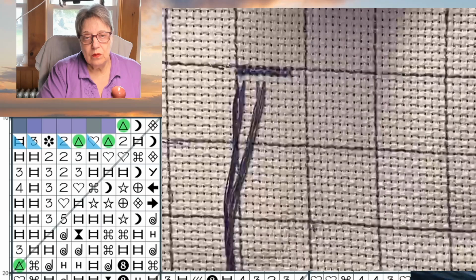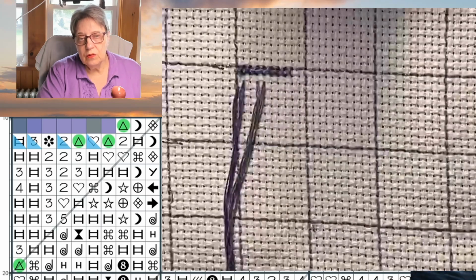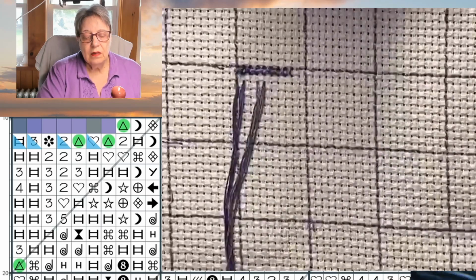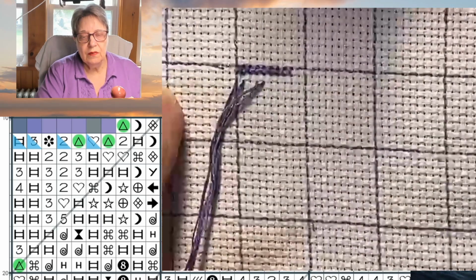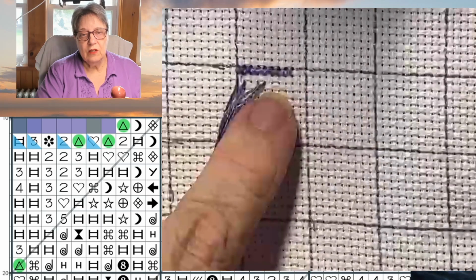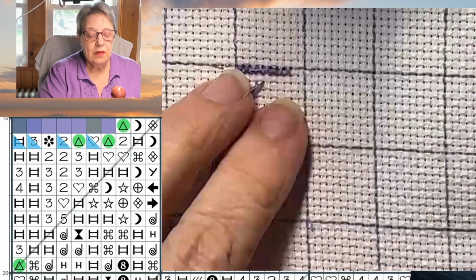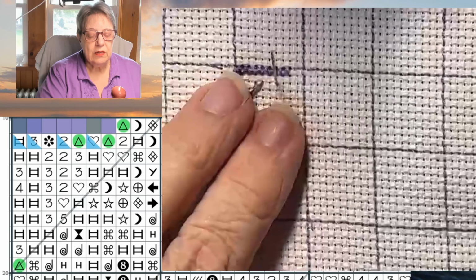So I kind of like to zigzag. If I go this way on this row, the next row I go this way. So I like to go to the closest one. So I am going to park it here. Now,